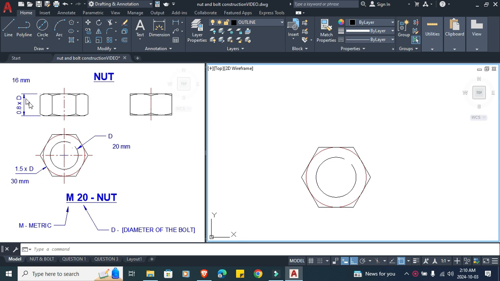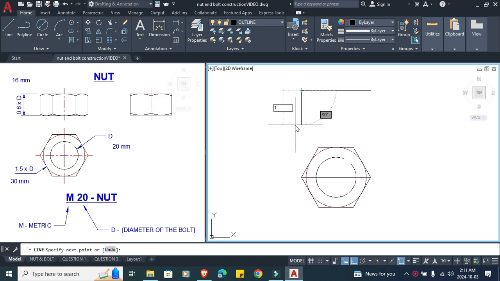In constructing the nut part, the curving is similar to the construction we just did before in the bolt. Let us proceed. 0.8 times D16. So starting with the line, this point, go across, take this line, copy it, make sure your auto mode is on, going upward, drop it there. The distance here would be 16, line command,